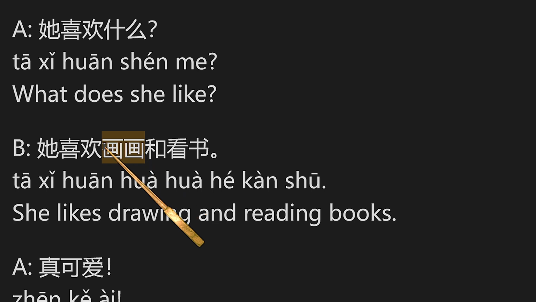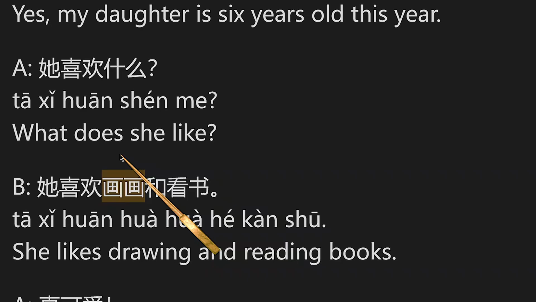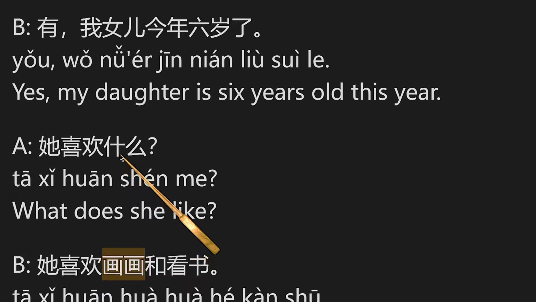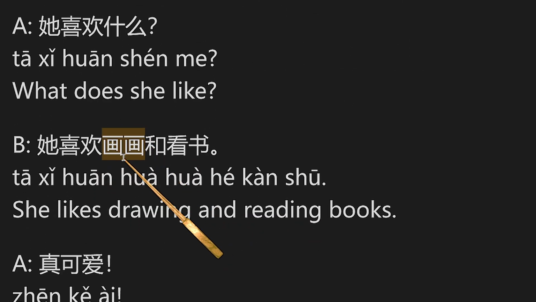Or we can say 画画 or 看看, or for example any other verb we can use like that. 看 means to look at something, or to read in terms of a book. 看书。她喜欢画画和看书。